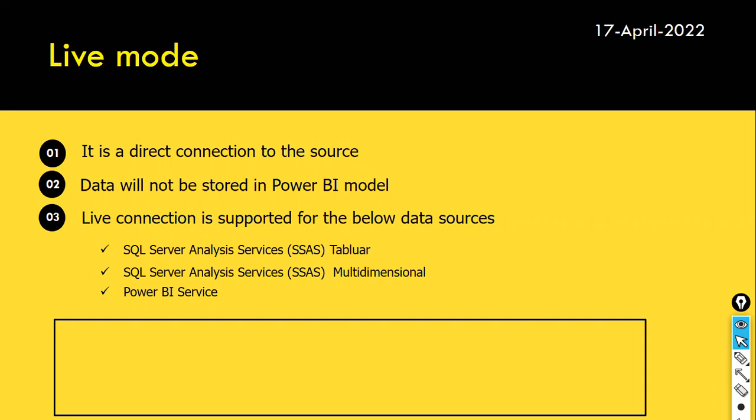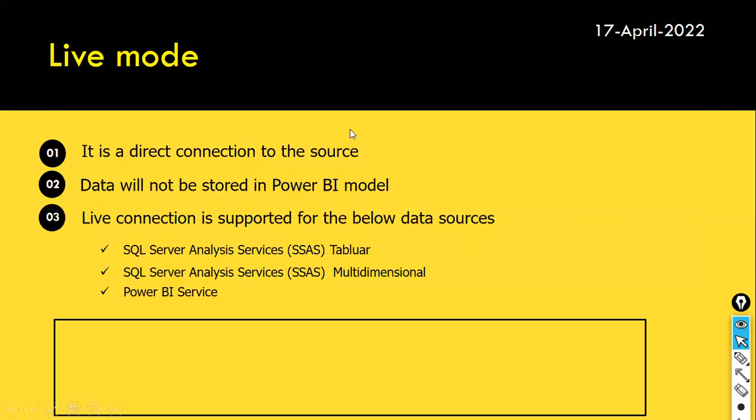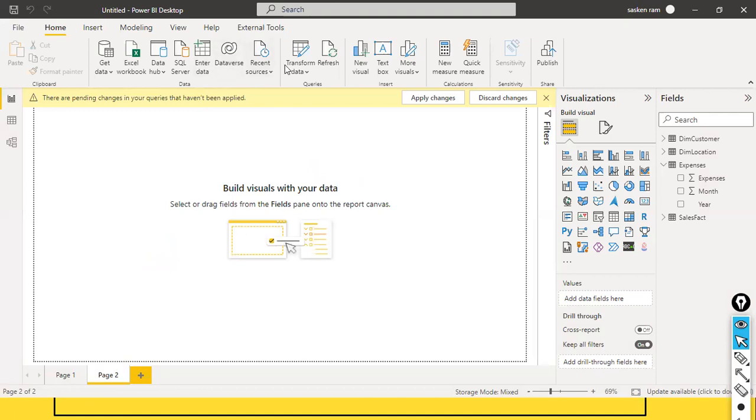You cannot view the data in the Power Query editor. First of all, the Power Query editor icon itself will not be visible here. For example, if you go to Power BI Desktop, this one will get disabled in the case of live connection mode. And also you cannot